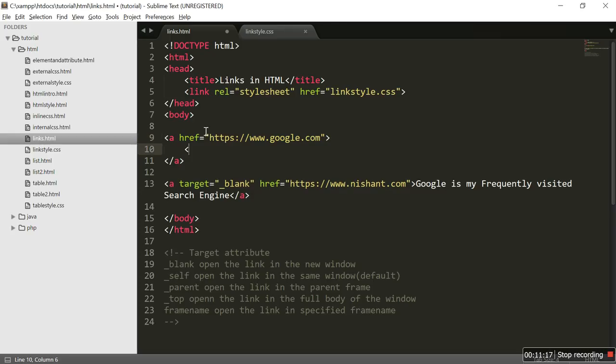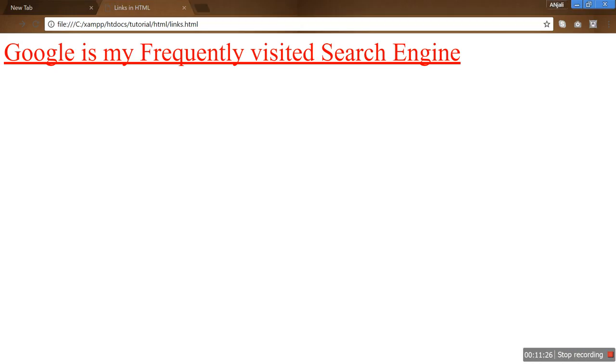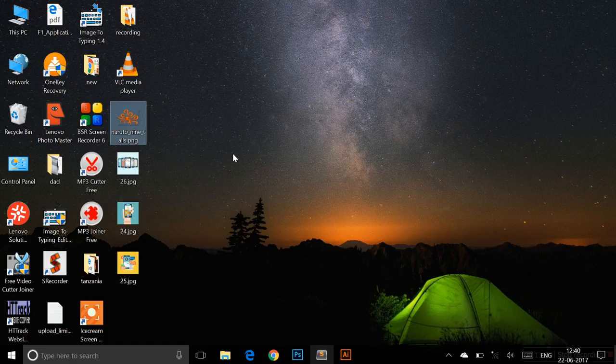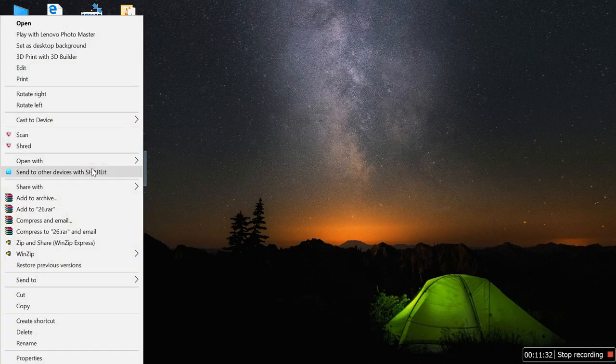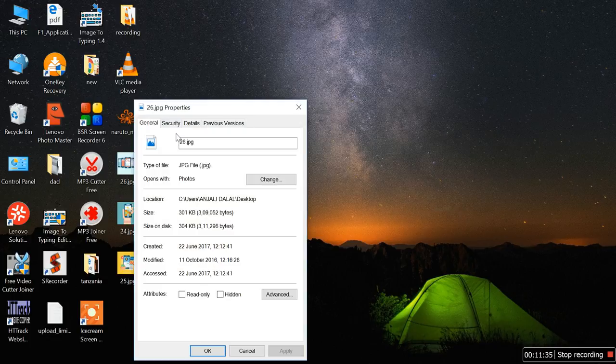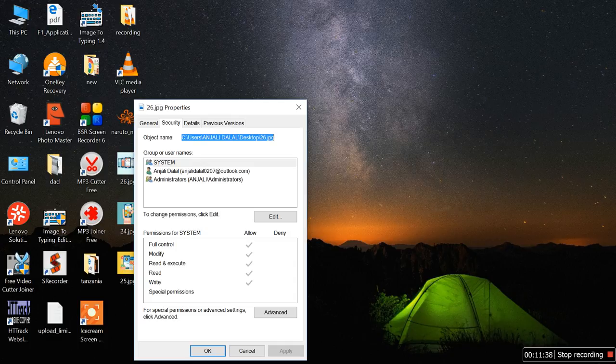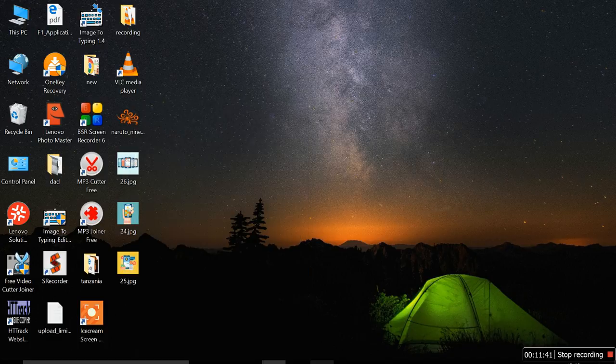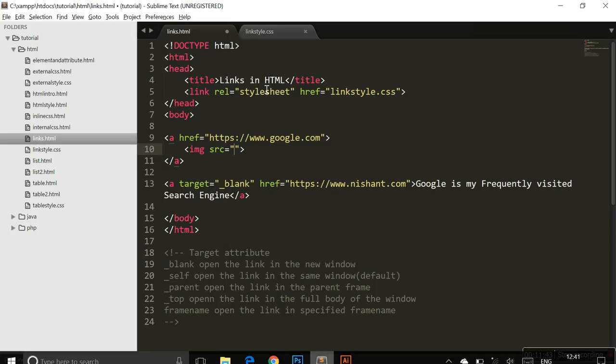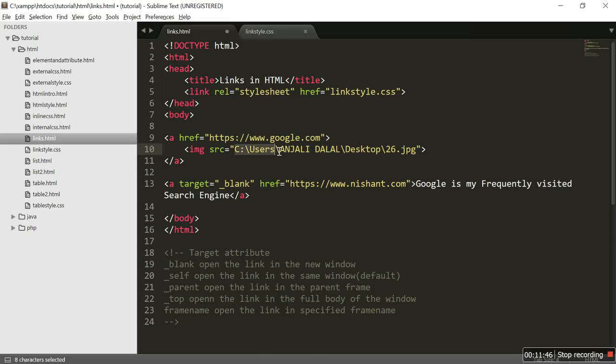Inside the anchor tag I'm going to write my image tag. Inside the src I'm going to specify the path for the image. So for finding the path, let's do that. So this is my image path. Let's copy that. So now let's save this first. I am going to write a br tag here for a line break. So now let's save this